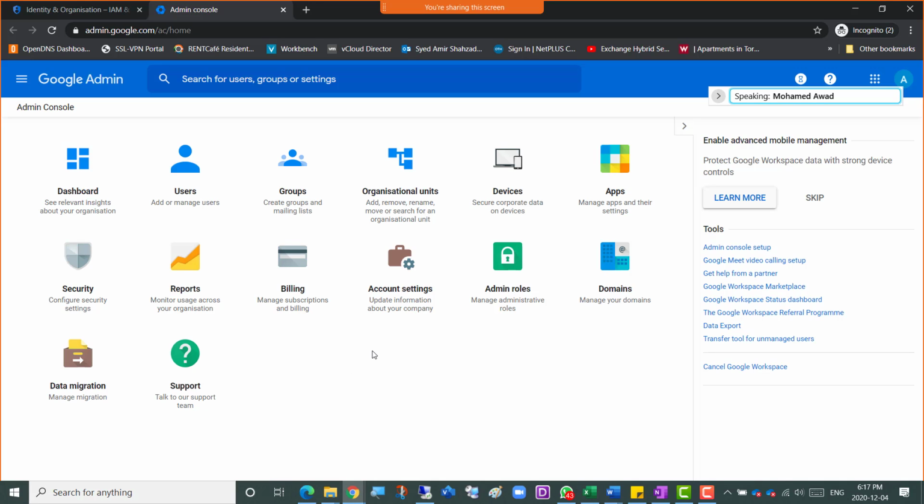Okay, guys. So after security, we need to go to reports, billing, account settings, admin roles, domains, and data migration. So there's a migration project also coming now. Interesting. And we're going to try to migrate from Office 365 to this, here in Google. So for that, obviously, if you have an Office 365 account, but if not, I'll show you how to go to Office 365, and we can open a new Office 365 account